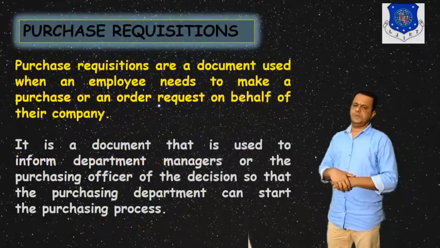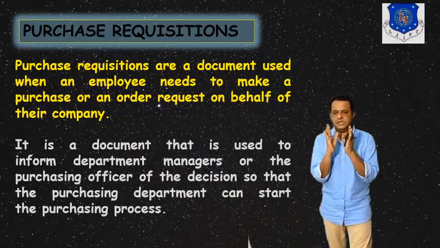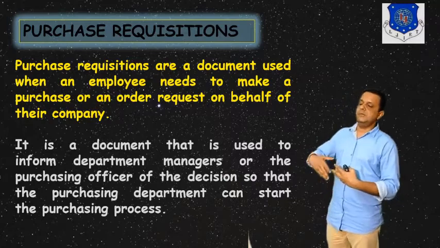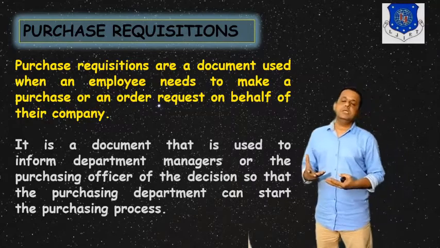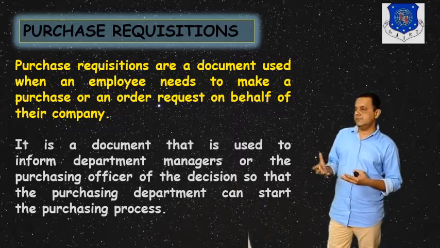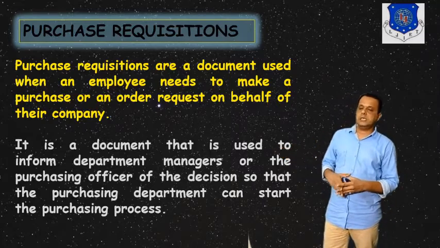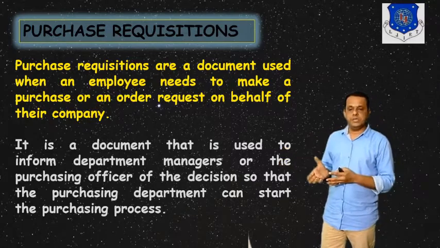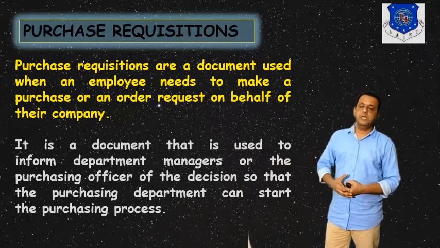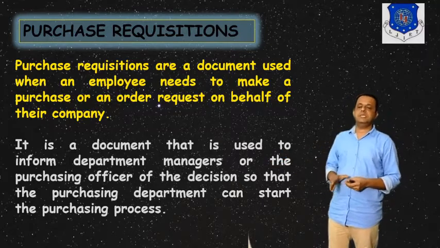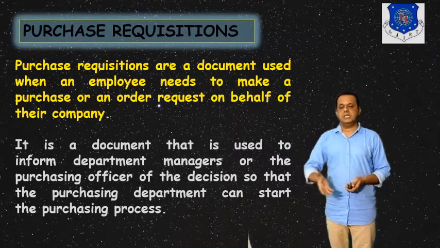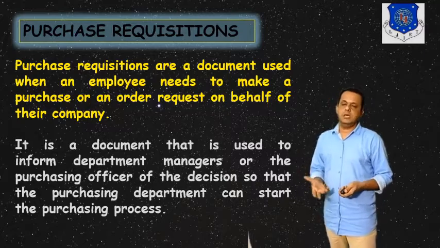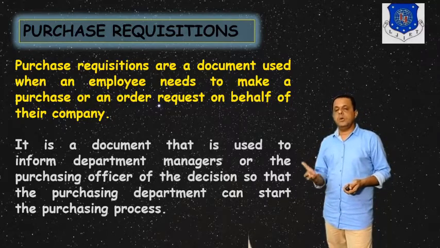The final one is purchase requisition. Purchase requisition is different from purchase order, please keep that in mind. A purchase requisition is generated by managers or employees who need to make some purchase for a certain location of the plant. Say some temperature measuring devices are to be replaced, or a new installation is to be done, or some electric motors are to be replaced. That requisition is sent to the department managers, and they look into it, and it should take very little time because it is all about the operation of the plant.